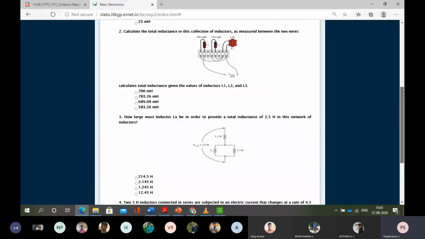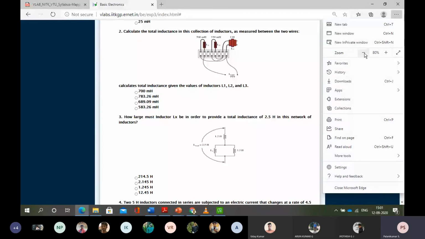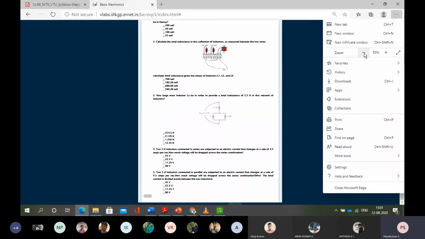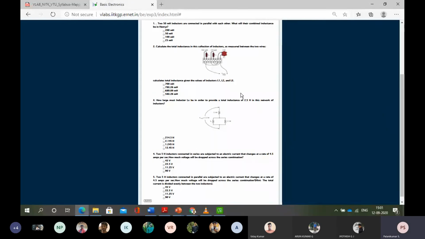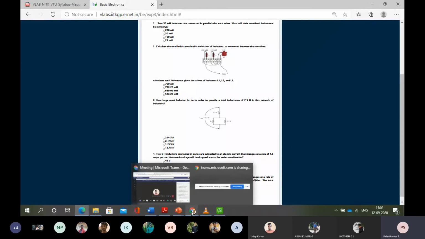Once you have done it and all the answers are correct, you take a screenshot. To take the screenshot, you have to reduce the size. Now it is at 80%, so reduce it to around 50%, so that all the questions will be visible. Then you place the screenshot in Paint, and there you print your name. You send it to me. I will give you my mail ID also, so mail as well as WhatsApp. In both cases, I can download it and store it. Have you all done? Are you all able to do this?